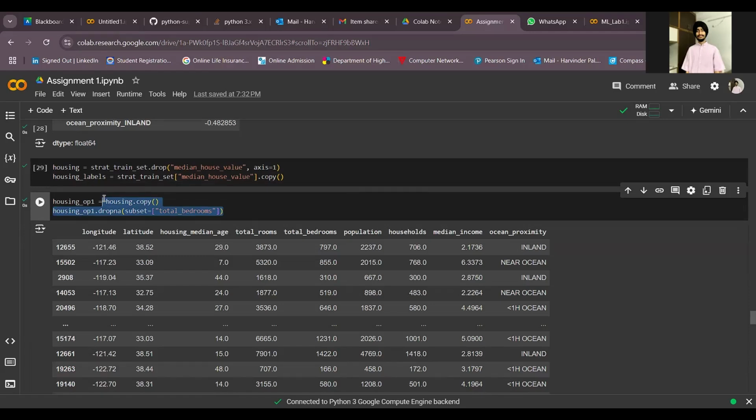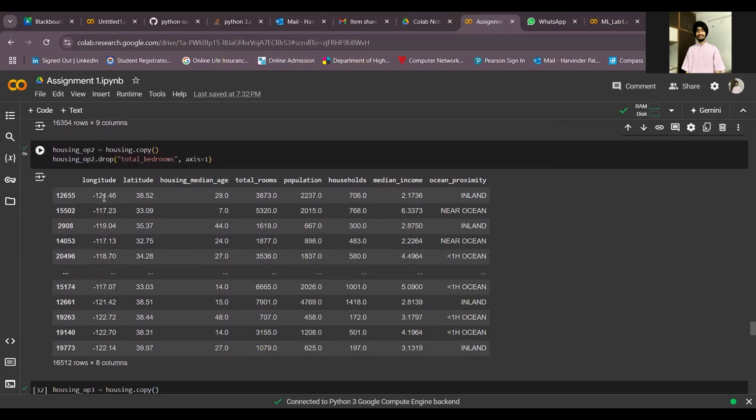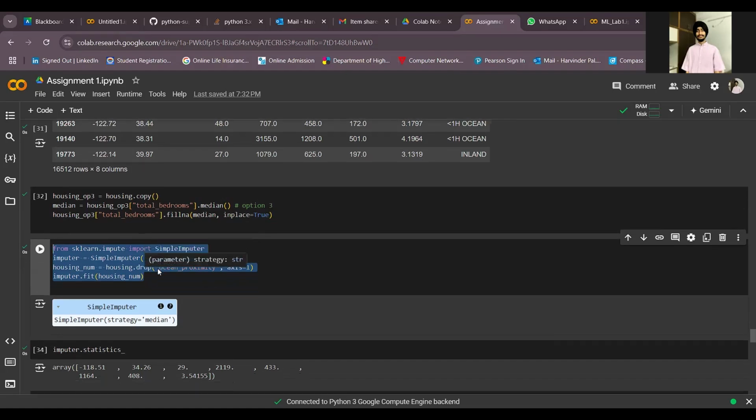Then we demonstrate how to handle missing values in the total bedrooms column by creating modified versions of the dataset without rows containing missing data for the specific column. There are three options, which I'm going to skip. After that, there is one more that demonstrates how to handle missing data in a dataset using the simple imputer with scikit-learn, which fills a missing value with the median